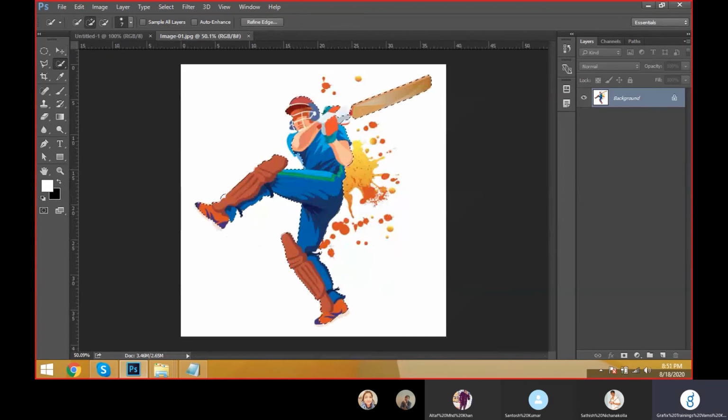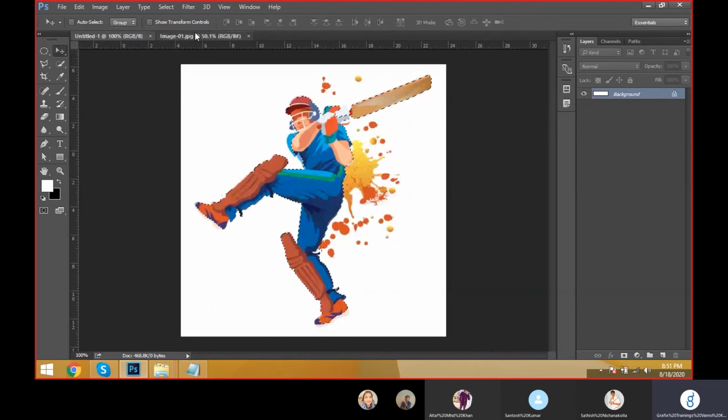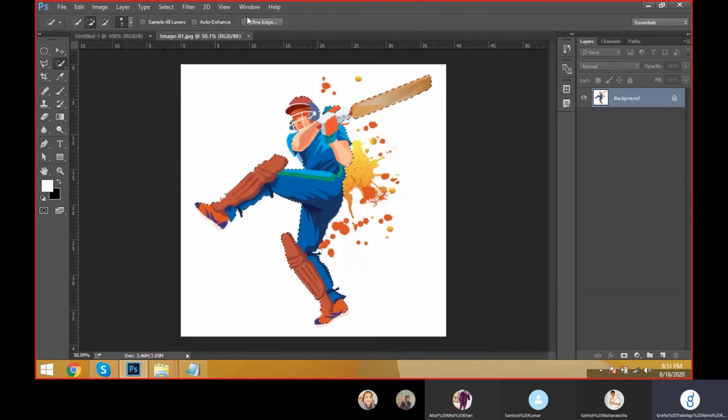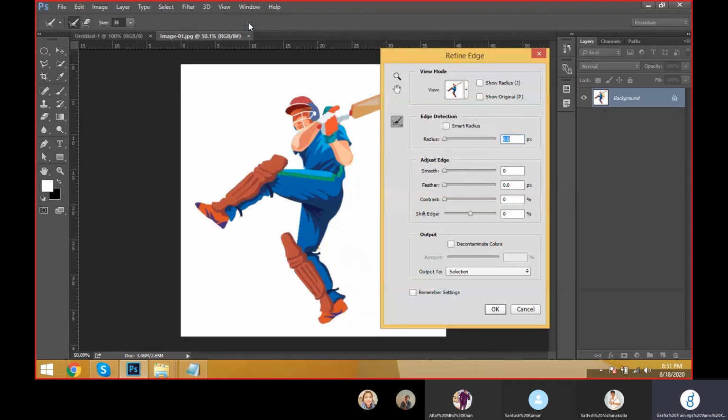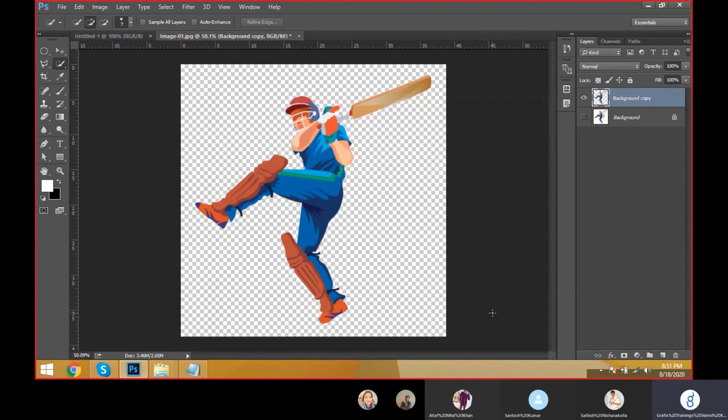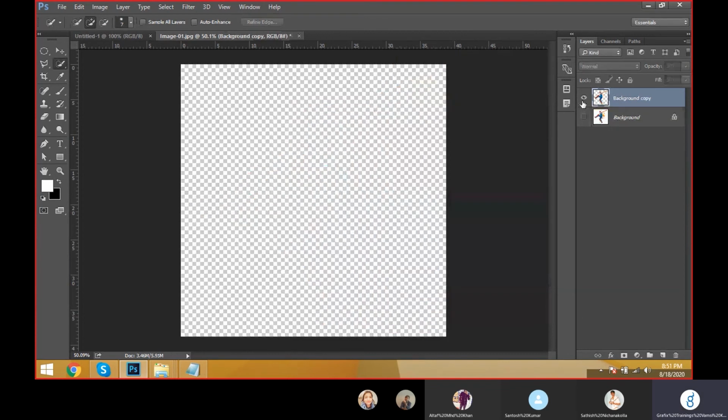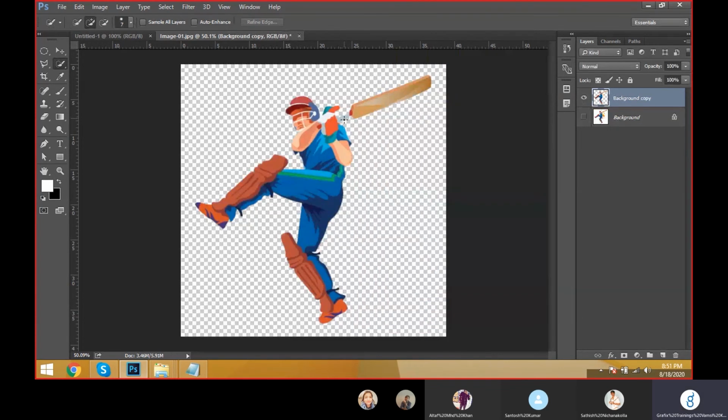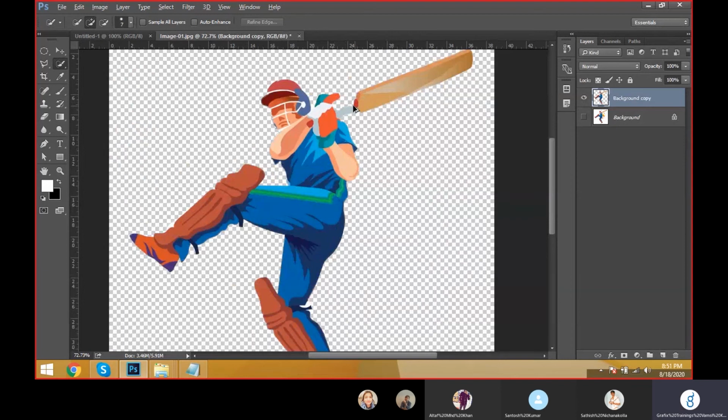I just make a selection for the photograph and take a move tool, and I can move from one document to another document, or otherwise go to refine edge using the quick selection tool. Refine edge, come to here and make it smart radius 2 pixels and click into new layer. It should be into the new layer, then automatically the new layer will come like this. But the selection is not good here. See, automatically it has not been selected.